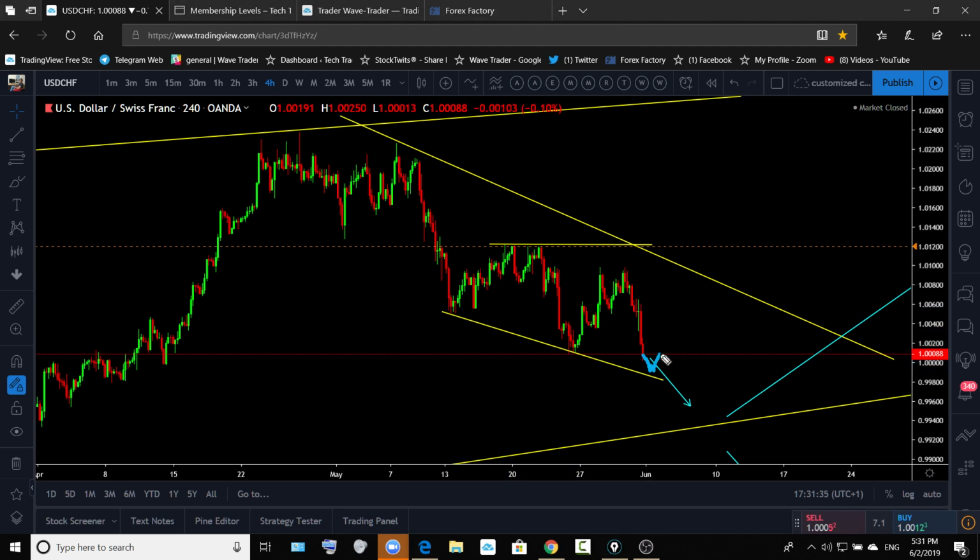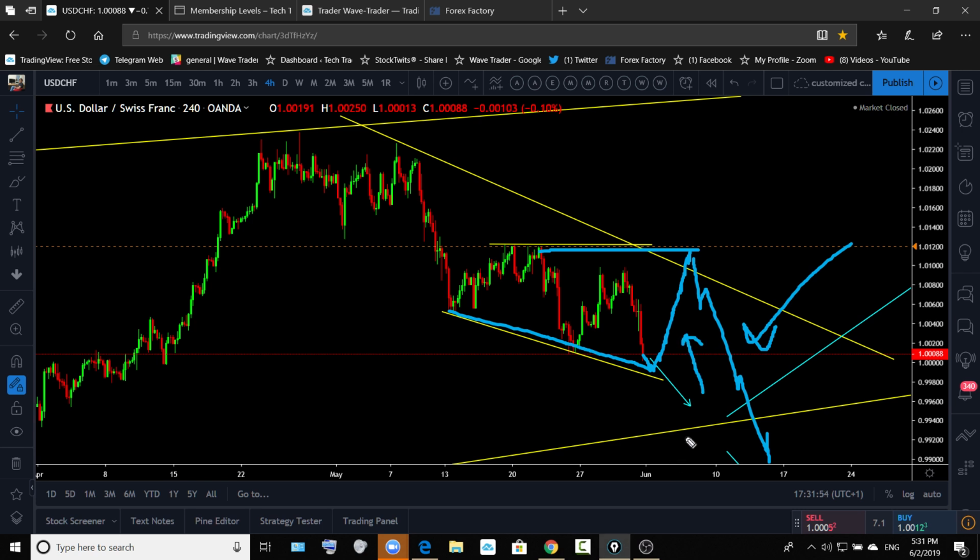Right, form an expanding triangle like that. Okay, and go down then. Yeah, which means that for a medium term trade it's going to be that, and a short term trade is going to be this. Okay, so you don't have a sell setup over there on the dollar chief for continuation to the downside